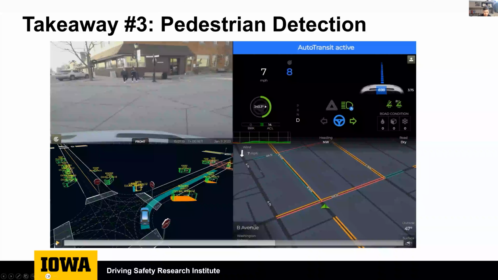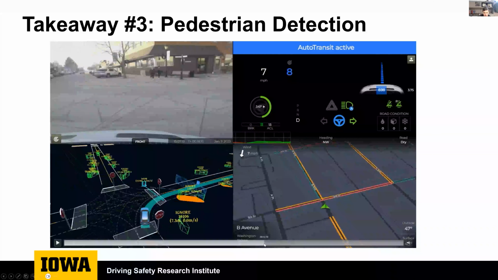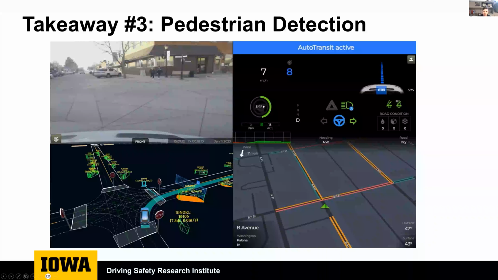Now, if we could go back just a couple frames, if possible, yes, right here. So even though it's classified as a bicycle, it still believes those pedestrians are planning to cross the path of the transit here, as you can see by the blue dotted line. That's showing its predicted line of travel for that object. Now, clearly, it is crossing the transit's path right now, but the transit doesn't have any of those purple or red stop or yield gates up, meaning it has not actually reacted yet to those pedestrians.